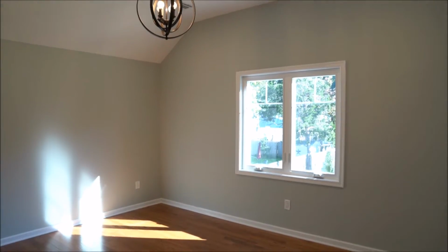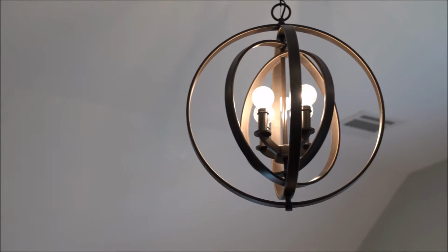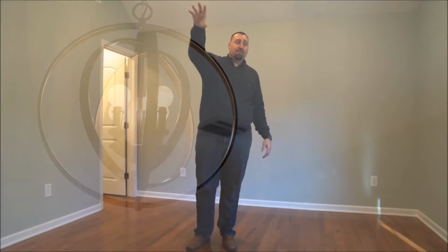All right, over here what we have is the master bedroom. We did a cathedral ceiling. We did this nice pendant light. Bed would be back here. We're already wired for a hanging TV over there. A nice window that shows you, again, your beautiful big backyard. And then this great master bathroom